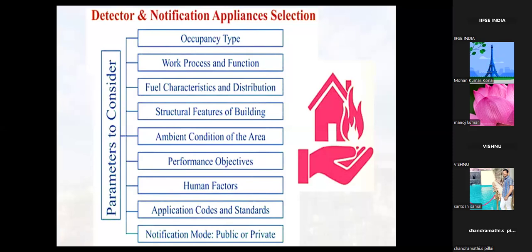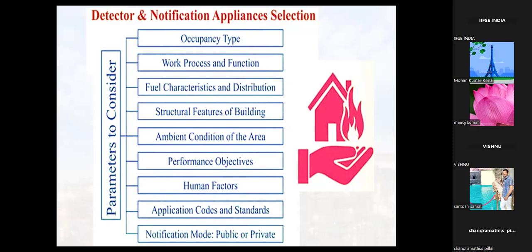Here, most of the buildings we go for are with the concrete and rebar system, but some of the factories go for steel structure erection and other things. So depending upon that also, it needs to be selected. Then ambient condition of the area, like process plants where you have refineries and other areas where there may be frequent leaks of H2S gas or something. Then, if it is sulfur dioxide or some other gas,